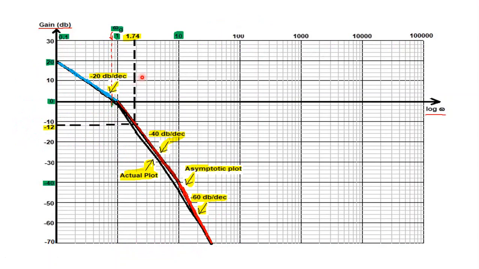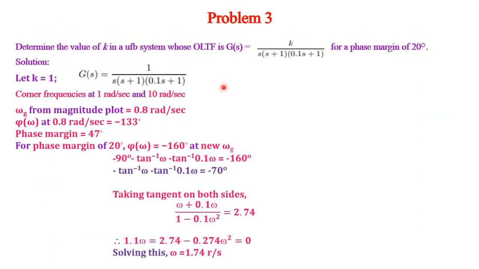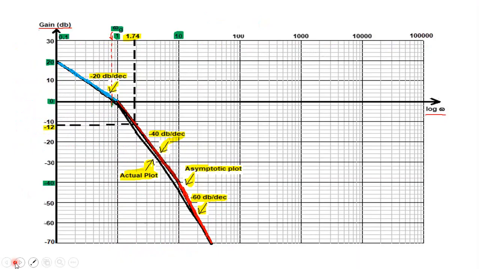Then I know the maximum corner frequency is 10. So after 10, maybe somewhere around 100, you can find out this magnitude using the calculator, by putting s equal to j omega and finding the magnitude, 20 logarithm. Accordingly you take the negative extreme, then take a scale. So that is how I have taken. Since it is 20, I started at 30. 30, 20, 10, 0, minus 10, minus 20, minus 30, minus 40, minus 50, minus 60. Gain in dB. Therefore 0 means this is your log omega axis. Right. So at 0.1 I start at 20.